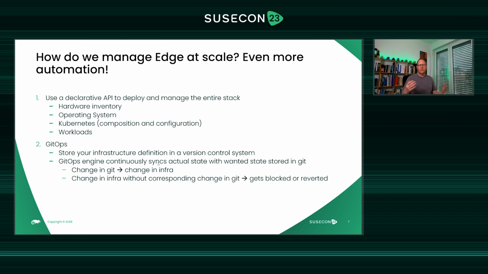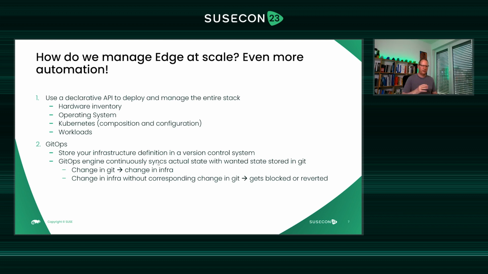So how do we manage edge at scale? As I said before, the answer basically is even more automation. And this splits up into two distinct areas that we're presenting here today. One is you have to use a declarative API to deploy and manage the entire stack. And I say deploy and manage because this is basically the entire life cycle from day 0 all the way down to deprecating and having a hardware refresh and rolling out your next generation of hardware. And then